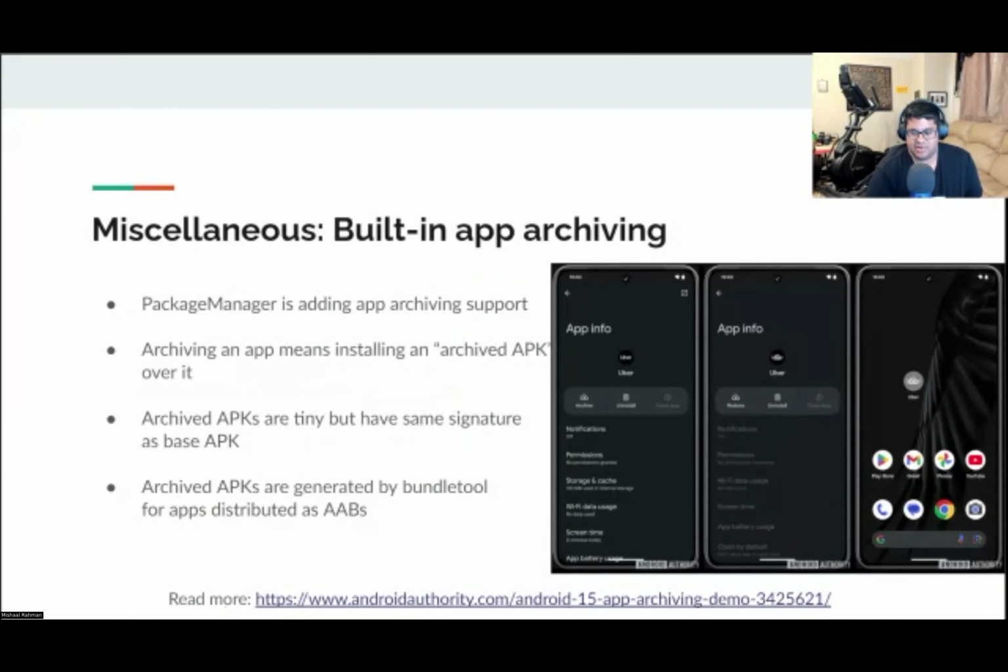So just a couple of miscellaneous ones to quickly go over. Built-in app archiving support. So the package manager in Android 15 will support sending requests to the installer of record to archive and restore applications. Archiving will only work with app stores for which developers upload in Google's Android app bundle format. The developer and/or app store needs to utilize bundletool to generate an additional APK file called an archived APK that is the same signature as the base APK that can overwrite the base installation to reduce the asset size, but without deleting the user's data. Google Play already provides and supports app archiving, but by bringing this functionality to Package Manager and providing settings and integration, Google's paving the way for third-party app stores to support this functionality as well.